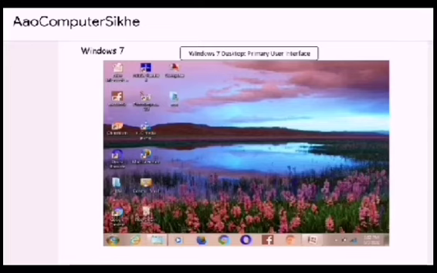Now the parts of Windows screen. First is desktop. After booting, the first screen that appears is known as desktop. It is same as the top of your desk. It is also known as the working area of computer.